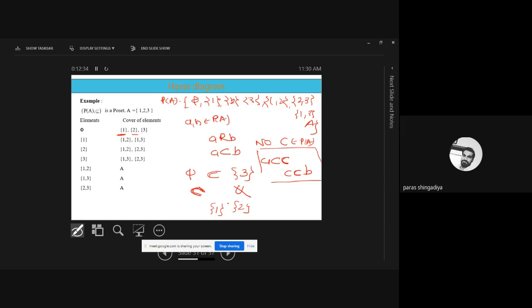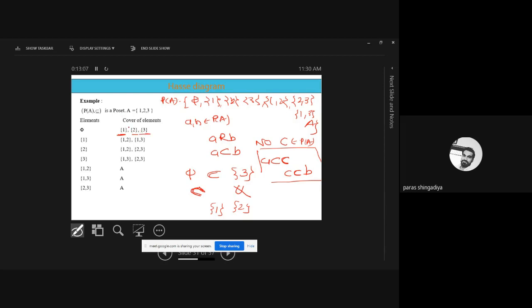Why? Because for 5, condition 1 and condition 2 are correct. But 1 with 3 and 2 with 3 in the subset relation are incorrect. 2 subset 3 is incorrect and 1 subset 3 is also incorrect. So the second part is not satisfied for both entries, which means there is no third element between 5 and singleton 3 which we can consider as a counter example of C. So what does it mean? 3 is also a cover element of 5.